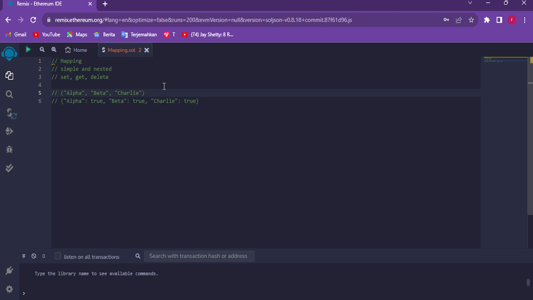But if we use mapping, we are going to create an even more efficient function, and it will result in alpha equals true, beta equals true, and charlie equals true. It means there is no delta at all. So within this mapping version of the function, we are going to create an even more efficient function. So without any further ado, let's just jump into the